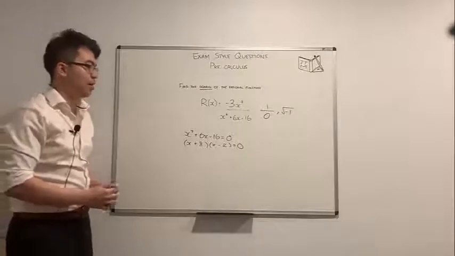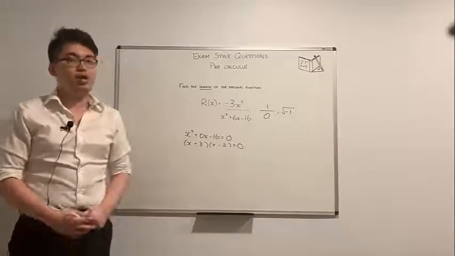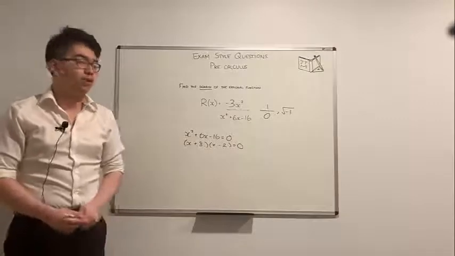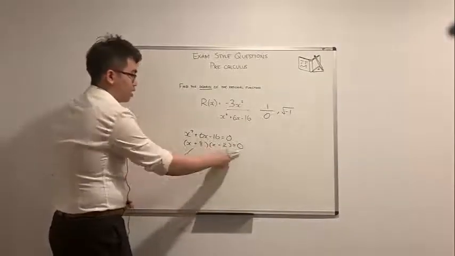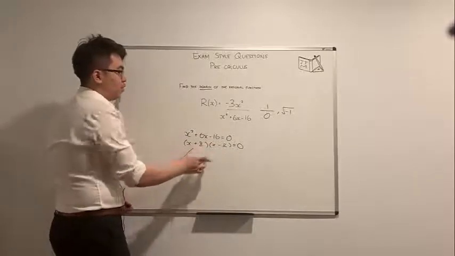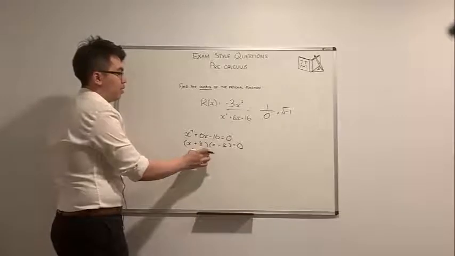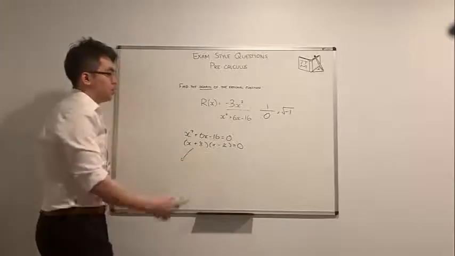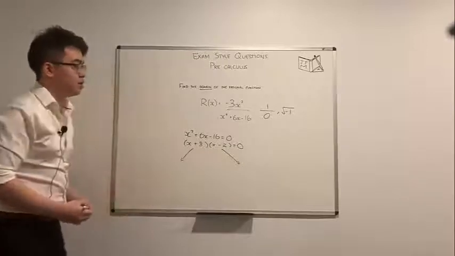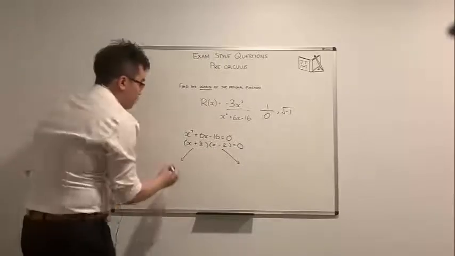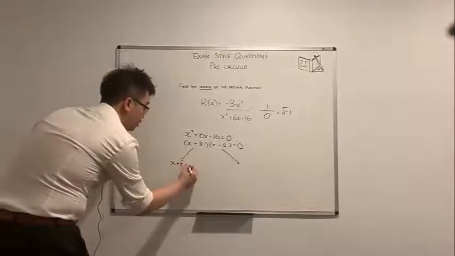So now that you've got 2 factors and 0 on one side, you can use the zero product rule, which means that for this side to equal 0, either of these factors has to be 0, because when you multiply them with each other, if one of them is 0, the other gets nullified to also result in 0, which means that either x plus 8 equals 0